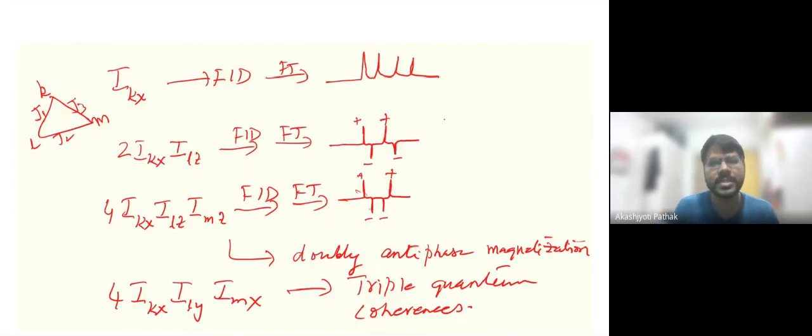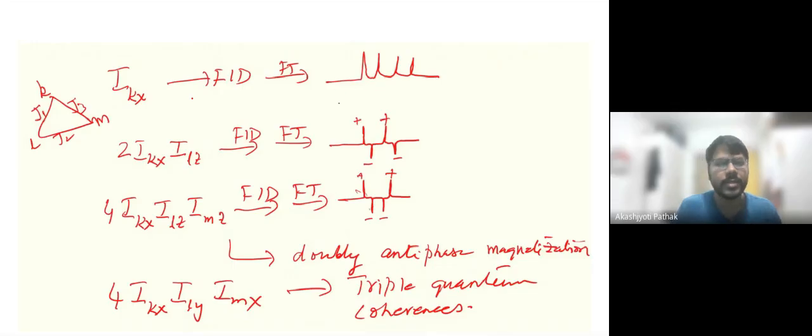So now if your spin systems are coupled to each other, your K spin, L spin, and M spin, and you do a Fourier transform, then what will you get? You will get a doublet of a doublet, right? Because your L spin will cause splitting of spin K, and your M spin will also result in splitting of spin K. So your L spin will split your K spin into a doublet, and this doublet will again be split by M spin into another doublet. So that is how you will get a doublet of a doublet. This is how your doublet of a doublet spectrum looks. So this is how, if you do a Fourier transform of this IKX, you will get this type of